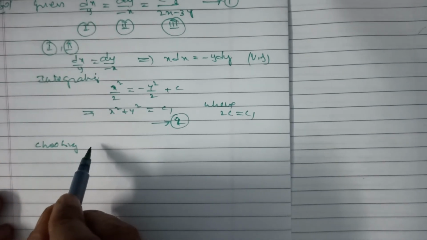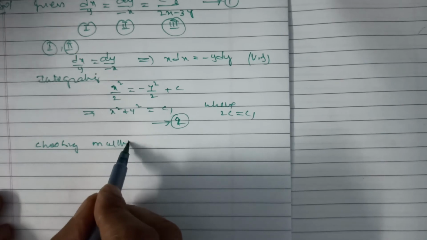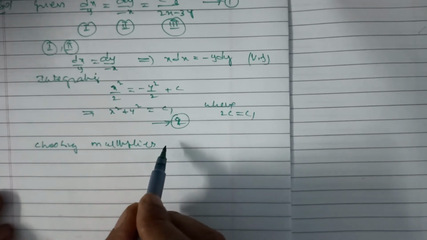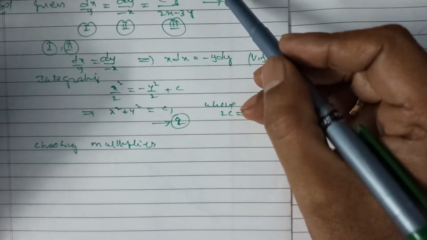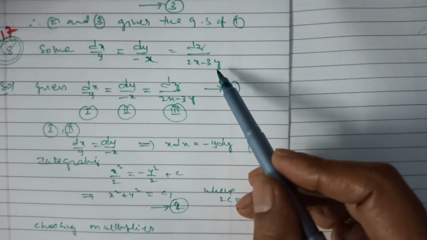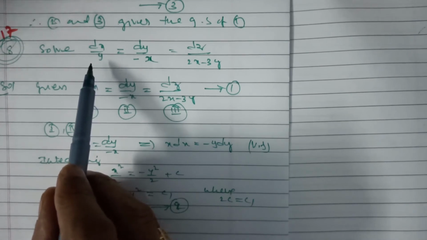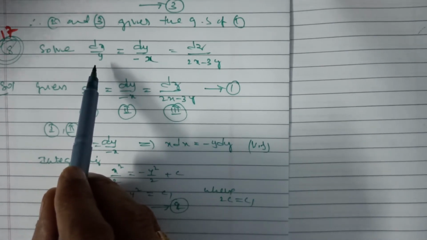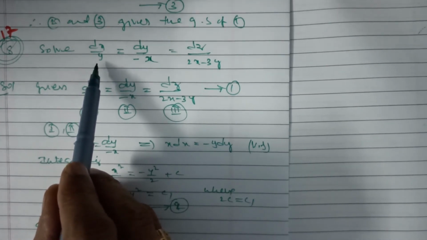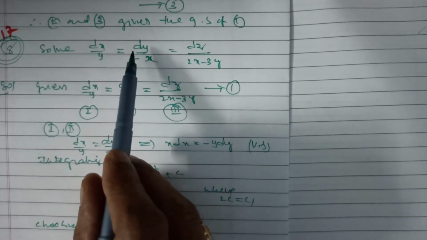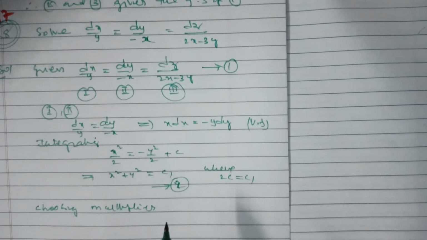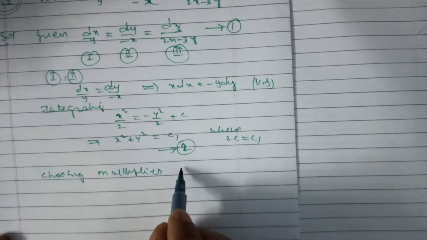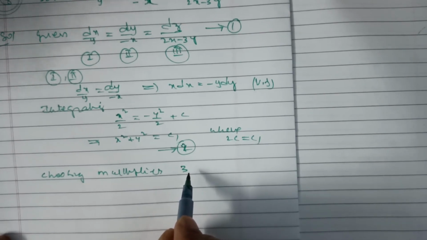Choosing multipliers: here y is there, in this term y is there, and here also y is there. To make it cancel in the denominator by adding, here we need 3y. So the first ratio I can multiply by 3. The second already has minus, so it is plus; the second ratio by 2. So choosing the multipliers 3, 2,